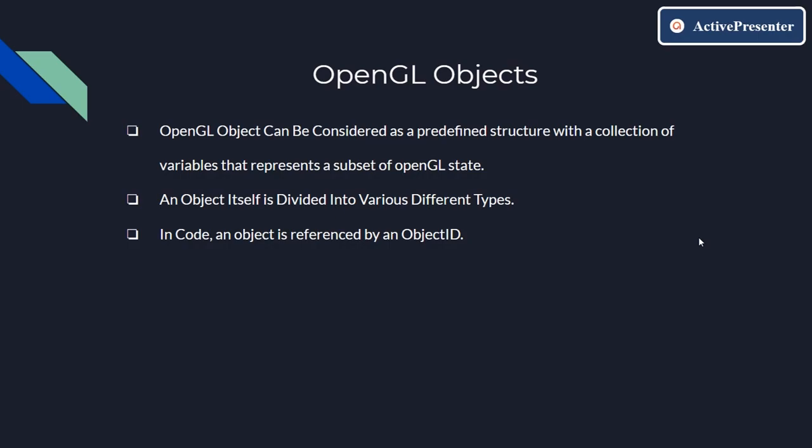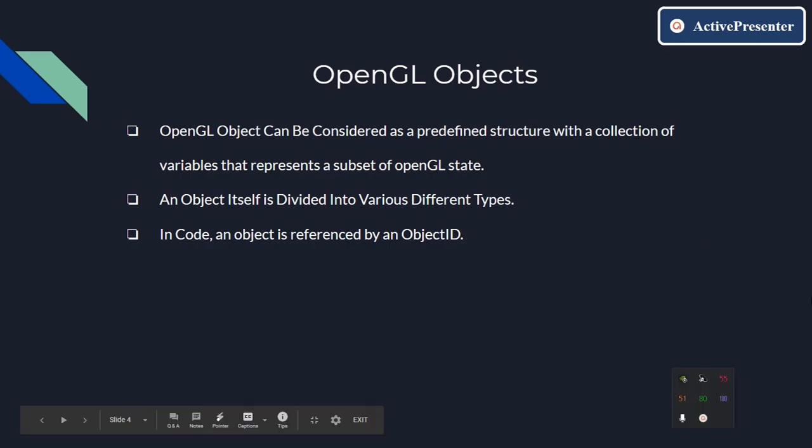Now, how do you code objects? We'll see it in the upcoming tutorials. Don't worry about that, but just consider the concept of OpenGL objects. So is it clear to you? If it is not, you can rewind the video, but if it is not at all clear, you don't have to worry, because we'll come across various types of examples of OpenGL objects in our upcoming tutorials so that you get the gist of it.